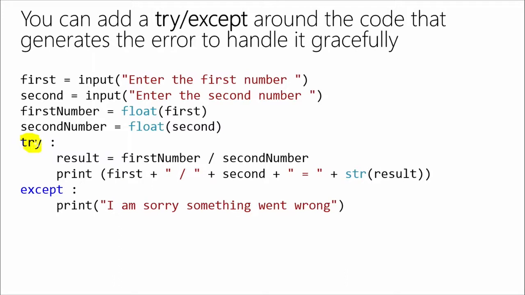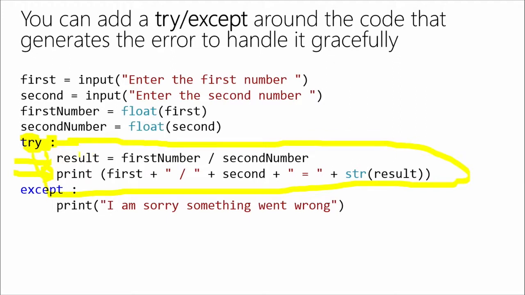The syntax is you use the word try and your colon, and you hopefully by now are starting to get used to the indenting. So the code that might cause the error, you put inside the try. So here's the code which I think may generate the error. And what I do is I write an except. So I say try running this code. And the reason it's called except is because we often call errors exceptions. So if an exception occurs, then I want to go do this instead.